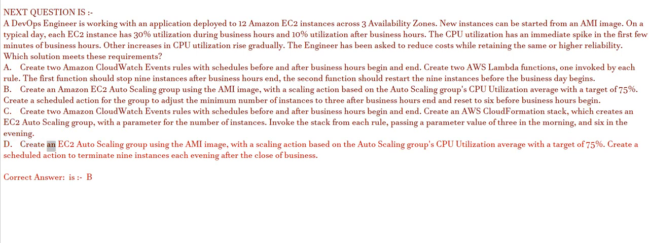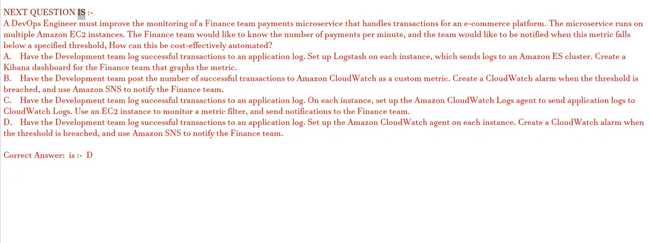D. Create an EC2 auto-scaling group using the AMI image, with the scaling action based on the auto-scaling group's CPU utilization average with a target of 75%. Create a scheduled action to terminate 9 instances each evening after the close of business. Correct answer is B. Next question is: a DevOps engineer must improve the monitoring of a finance team payments microservice